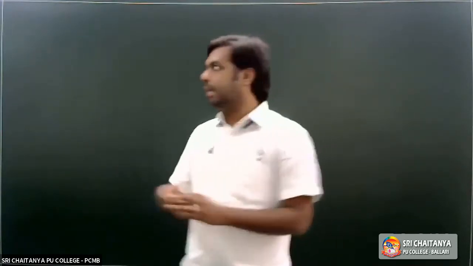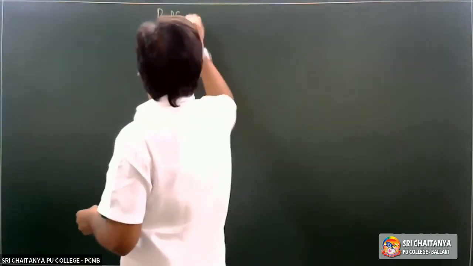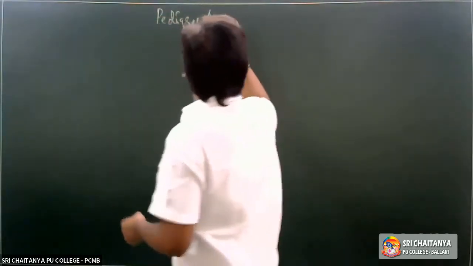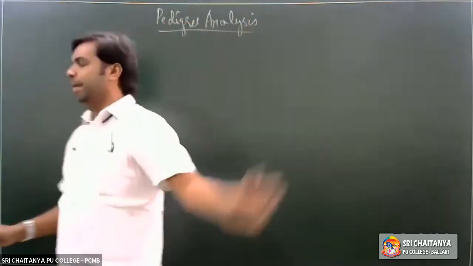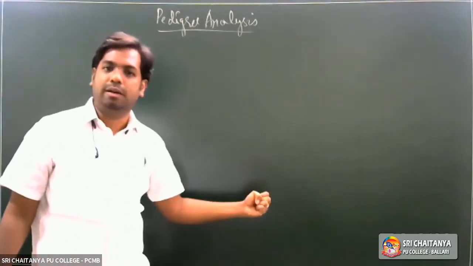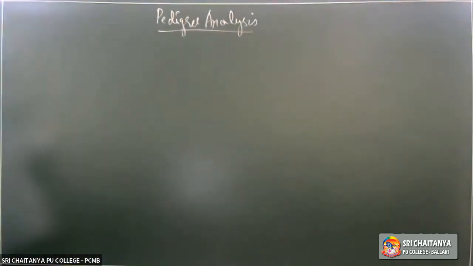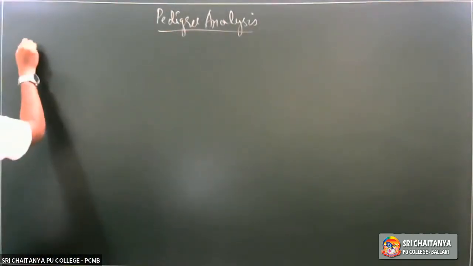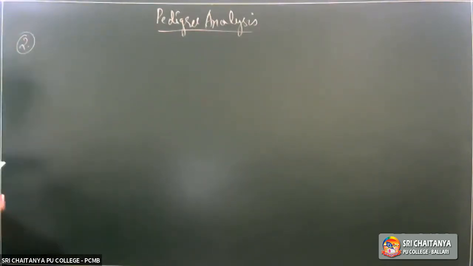Today let us take up one more example with regards to pedigree analysis, and also see how we identify what sort of condition or disorder it is when a pedigree chart is given. You can just take down the question. Yesterday was the first one; let us take up the second question.